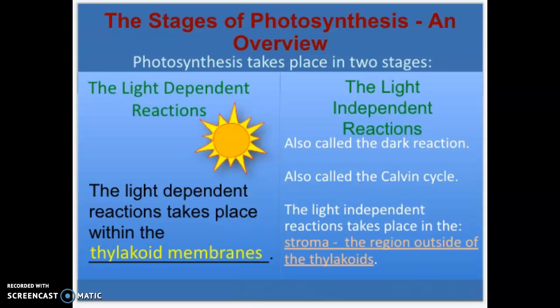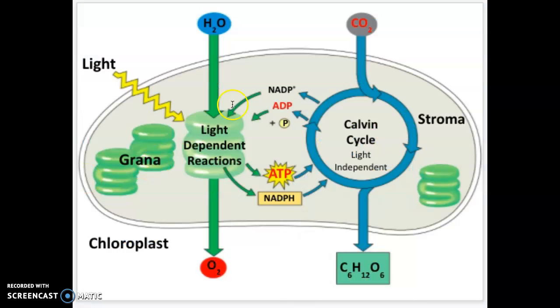We're not going to go into the detail of each of these, but I want to just show you this diagram. You should be able to study this diagram and understand certain parts. This whole thing here is showing one chloroplast, a blown up version of one chloroplast. Water comes into the chloroplast, light from the sun hits these thylakoids, each of these little dime-like structures. It makes the molecules in there very excited, and chemical reactions can occur.